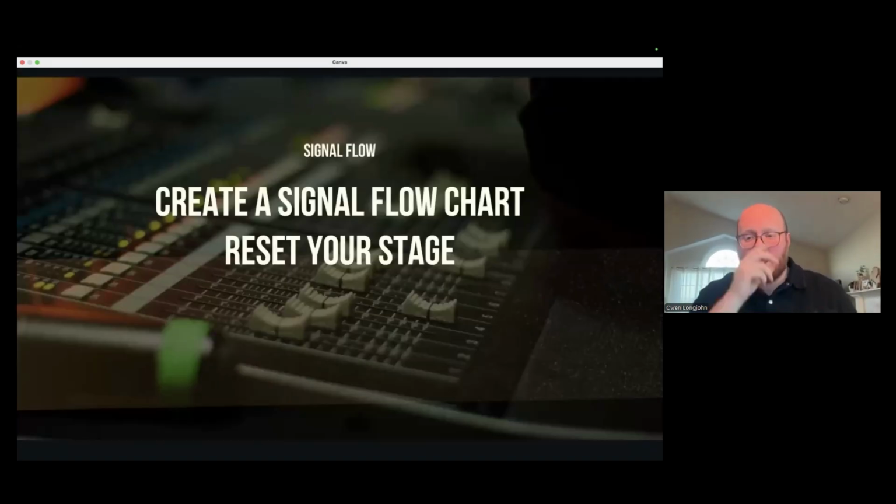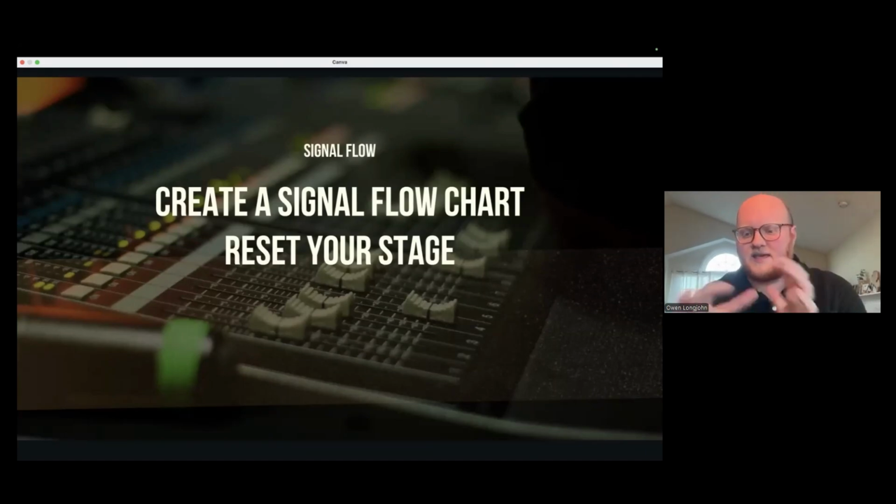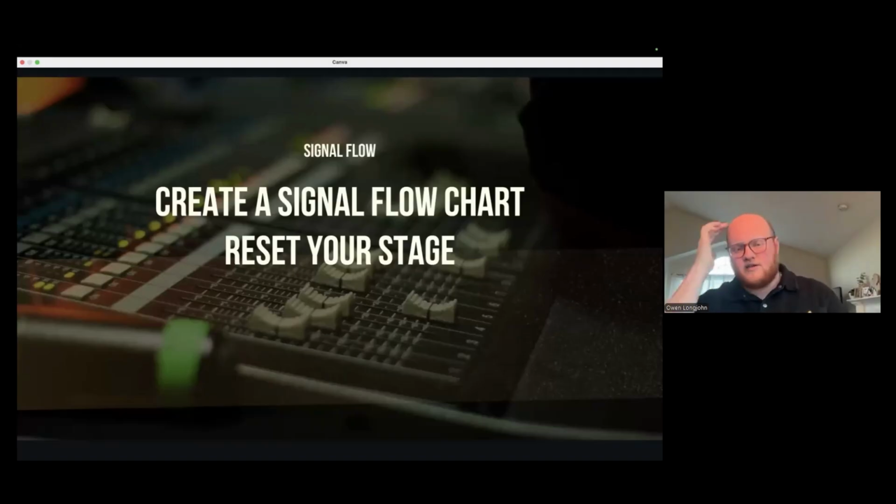The next thing that I would do as a key volunteer yourself, but also maybe in collaboration with a couple other key volunteers, is I would reset your stage. What I mean by this, don't do this right before Easter. That would be unfortunate. But maybe post Easter, take some time, do this on a Sunday afternoon or a Monday where you've got plenty of time to reset things for the next Sunday.